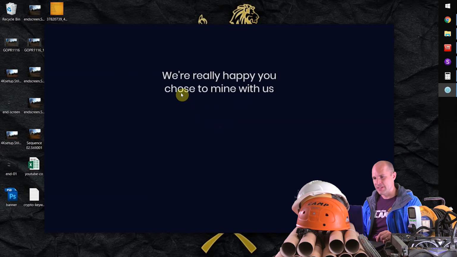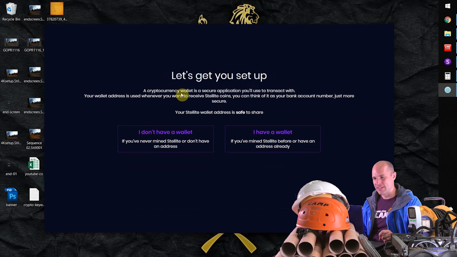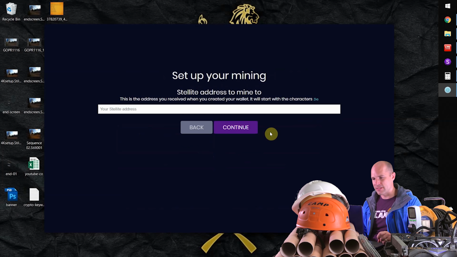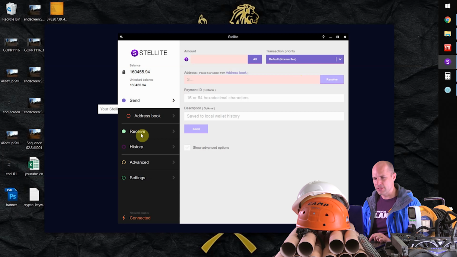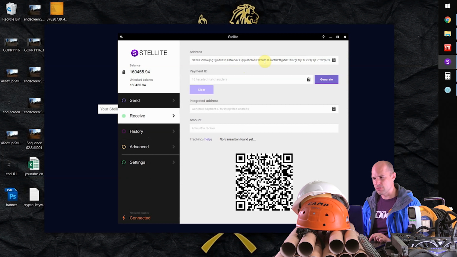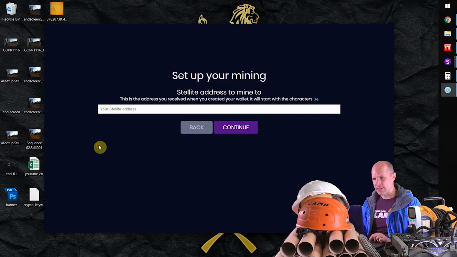As you can see, it's a pretty swish looking miner for something that you install so easily. Now you've got the choice if you don't have a wallet, or if you do, hopefully you've already downloaded that as I have, so you click that one, and then it's asking for your Stellite address. You come to your wallet, go to receive, and this is your receive wallet address. Click the copy button, come back here and paste that in. Press continue,